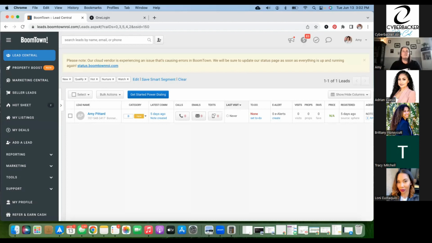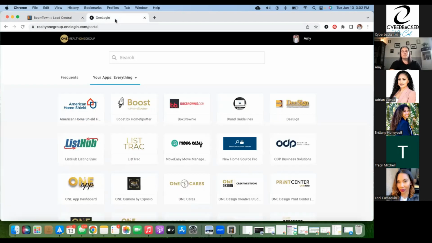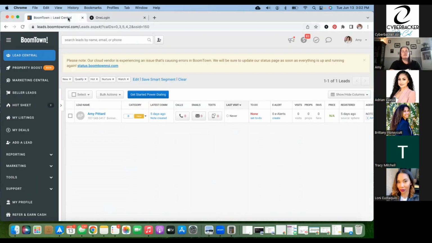All righty, hopping in. So BoomTown, this link is not in our One Login. I just double checked to see if it was available in our One Login. You will not find BoomTown in here. Not a big deal. The way you get to BoomTown is